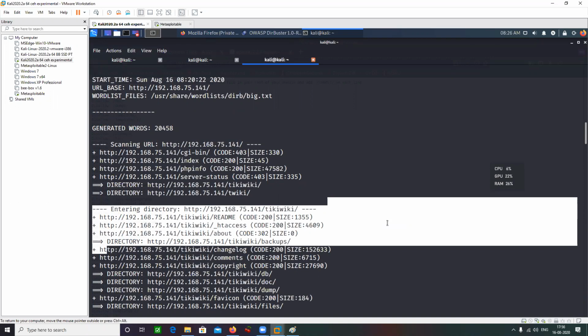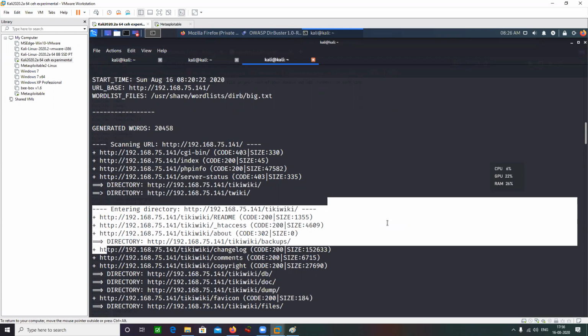So do you guys understand what is the difference that I'm trying to highlight here? Yeah. The main difference here is the use of word list.